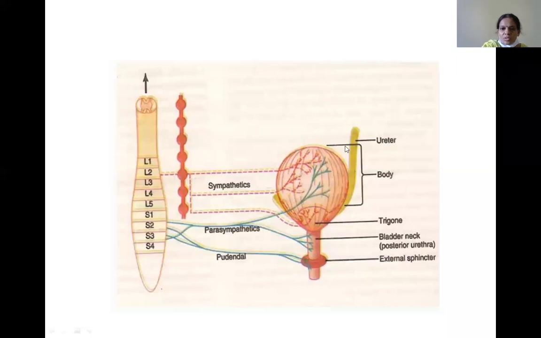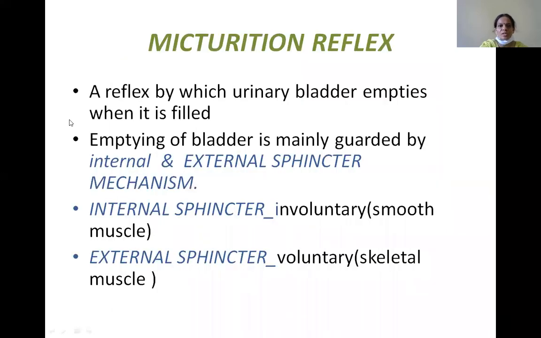You should be able to make out. As you know, you can see here the bladder, the urethra, the internal sphincter, the external sphincter, and the spinal cord. So by this you can easily make out that this is the micturition reflex. This spotter is regarding the micturition reflex.